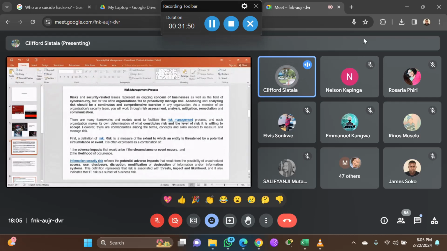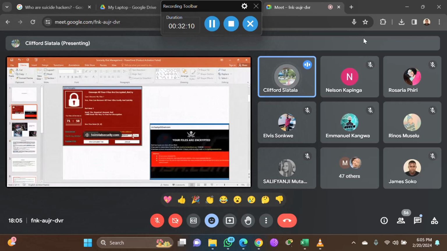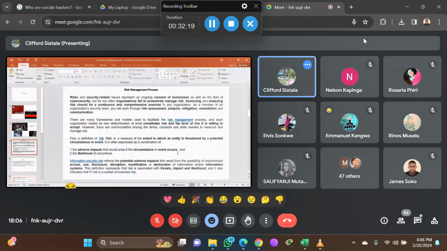What is the impact if this happened? This building where we are, where we have a network and the servers, everything, what will happen if an earthquake came? What would happen if there was fire? What would happen if there was an attack, like a ransomware attack? So that is the impact. What will be the adverse, very negative impact that would arise? So the risk is actually expressed in terms of the adverse impact and the likelihood.